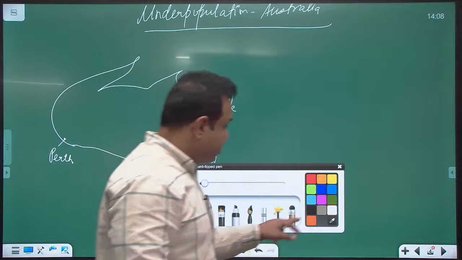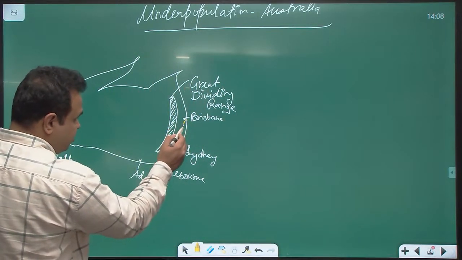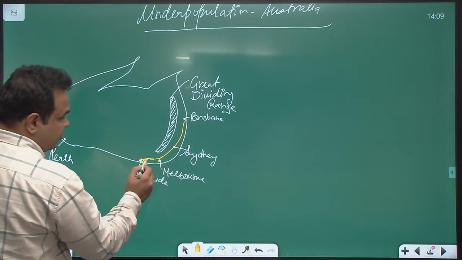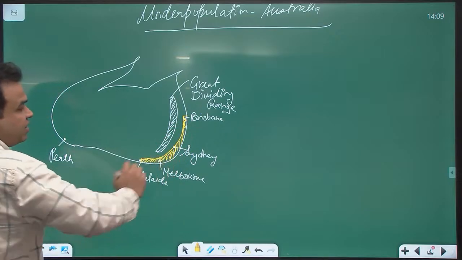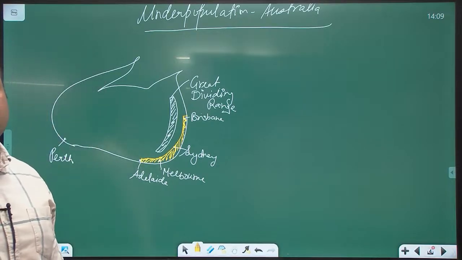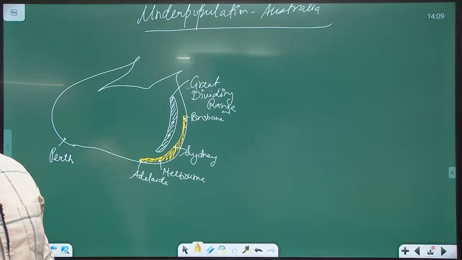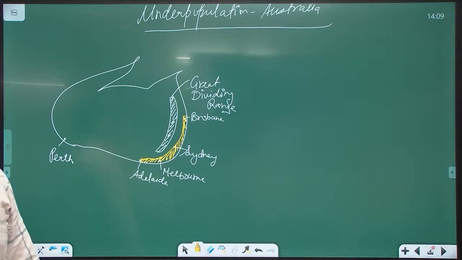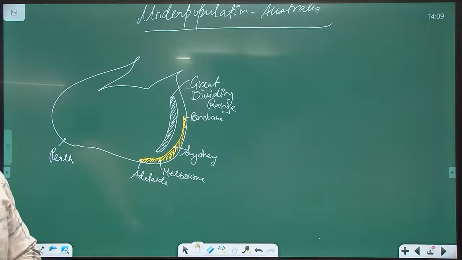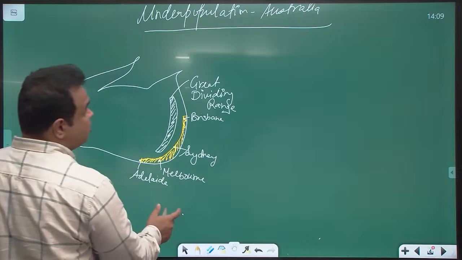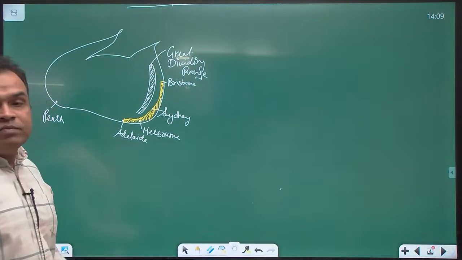In fact, maximum population of Australia is living in the coastal areas, और ज्यादा बस यहीं पे ही है, ये वाला बेल्ट है जो 90% population is here. 90% of the population is living in this area, a coastal belt on the eastern side of Australia. बना लो उसको. चले बनाया. ठीक है,